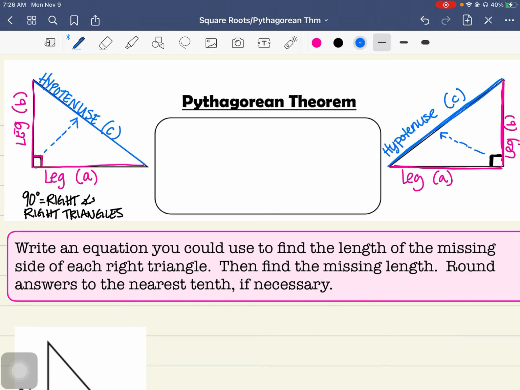All right. Now, here's the reason why that's really important. The Pythagorean theorem says if I know the lengths of two of these sides, so if I know one side's 2 inches and the other side's 3 inches, I can figure out what the length of the third side is using this formula or this theorem. So here's what this theorem says. It's to find the missing length